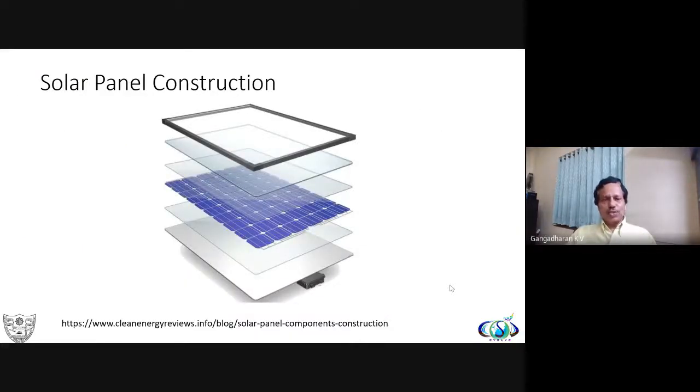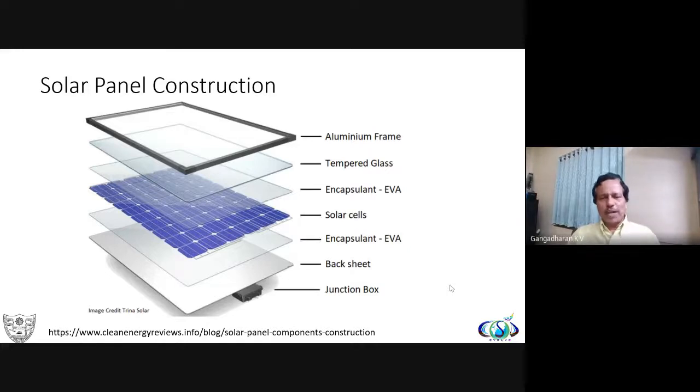Before we get into the fault, we need to know what we are looking at. The solar panel, how it is constructed, and what the layers are. If I'm inspecting it, I should know which layer is giving me the trouble. Okay, the top, as all of you know, is an aluminum frame. Then there is a tempered glass and an encapsulant, a polymer encapsulant, which is again transparent but